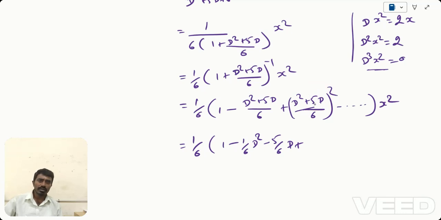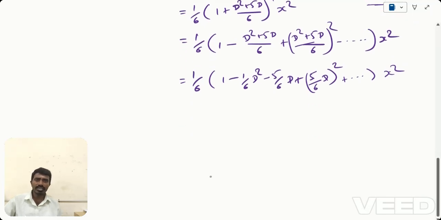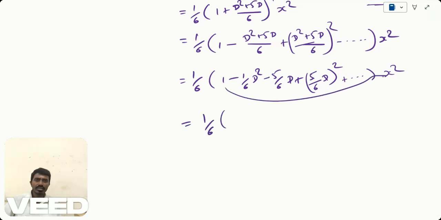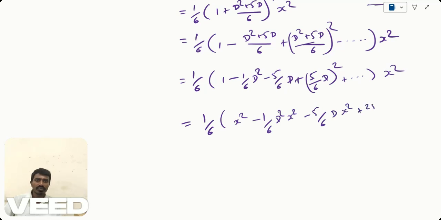So that means 5 by 6 into d the whole square. So that is 5 by 6 d the whole square. And the series is infinite, plus so on, into x square. Now if you bring x square inside, then what you may get? 1 by 6 into 1 into x square minus 1 by 6 d square x square minus 5 by 6 d x square plus 25 by 36 d square x square,